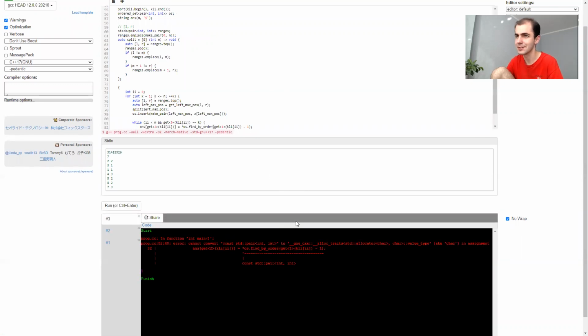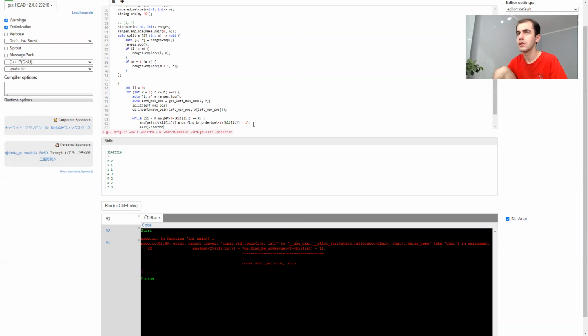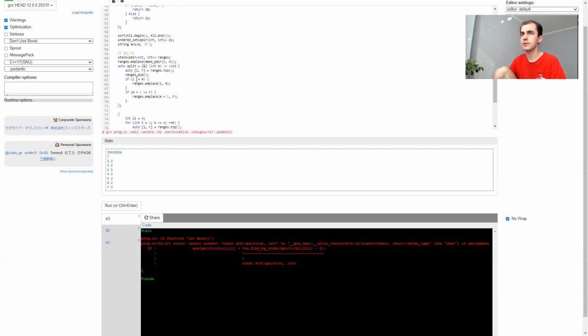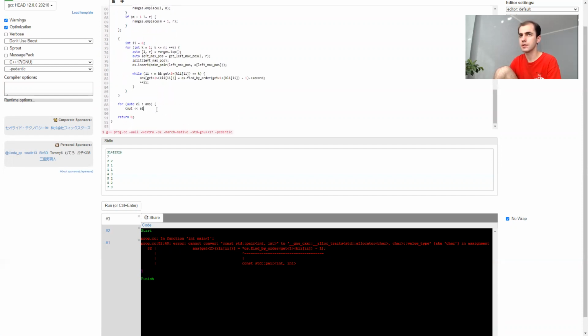Can't convert a pair. That makes sense because what I really want to do is second. Oh, and I'm not printing answer. Let's also say that answer is actually a vector of int.